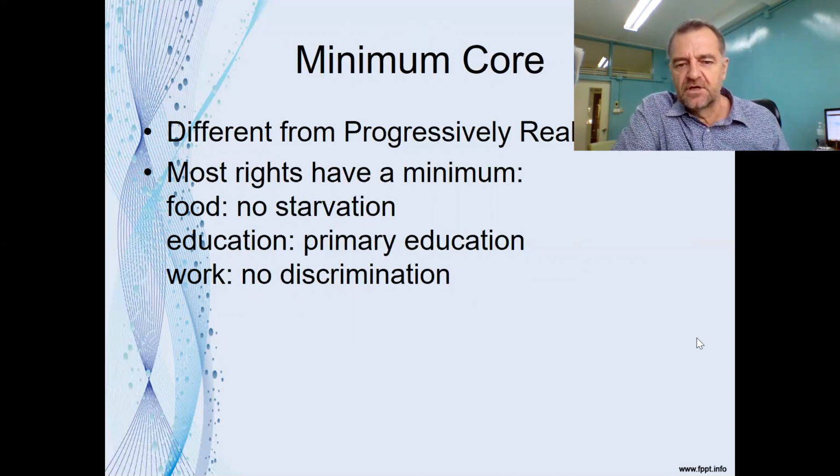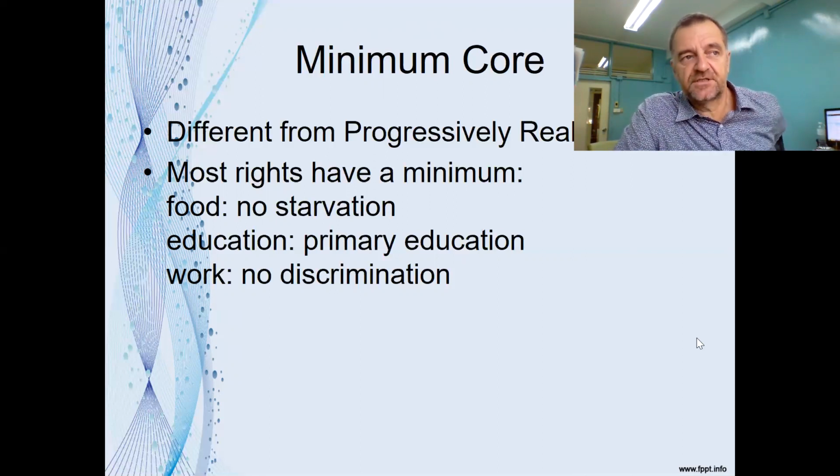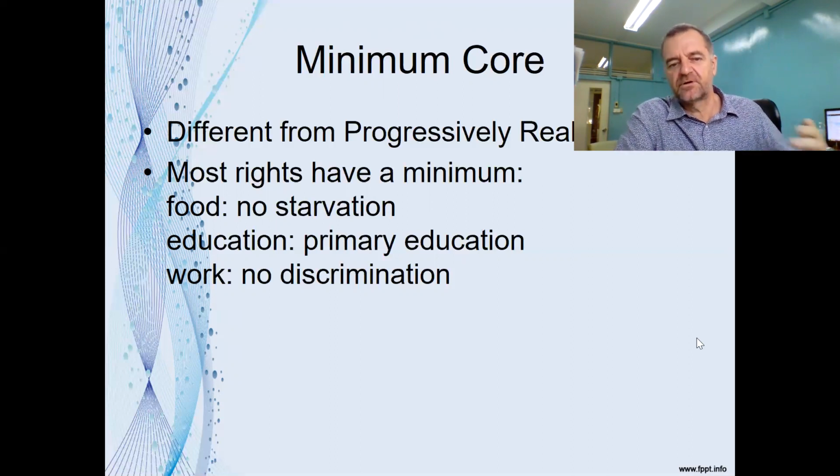Same with education. Primary education is minimum core that has to be provided immediately, well actually two years after in the case of ICESCR. But high school and university are progressively realized, so that more and more students get access to high school, and it becomes compulsory at an older age. So as you know, throughout Southeast Asia or throughout Asia, the age of compulsory primary education does vary. In Thailand, it's 15. I think in the Philippines, it might be 17, I'm not sure. In Myanmar, it's 11. But this is an example of progressive realization, of progressively realizing more compulsory education or more free education in high school.